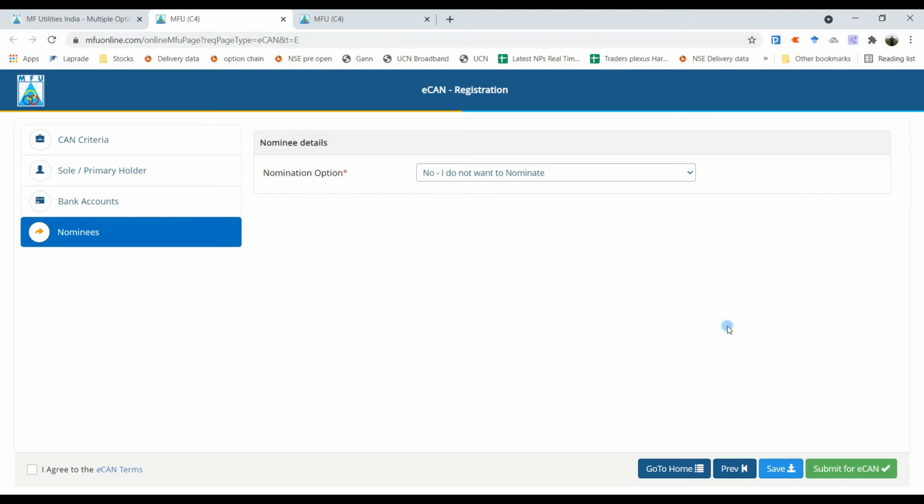As I have already done this process and I have a CAN number, I cannot show you the details of that, but it is an easy process. Sometimes what happens is we have already registered, like I have already registered but I did not know what my CAN number is.